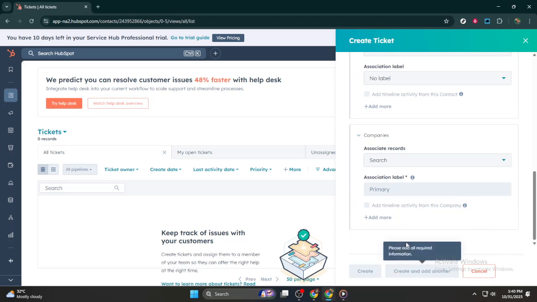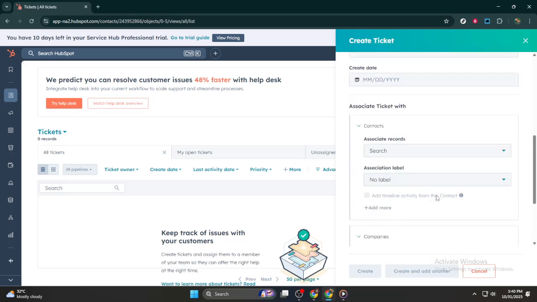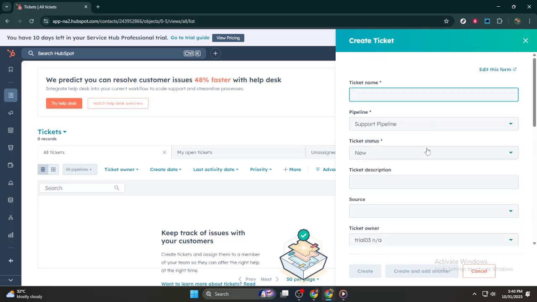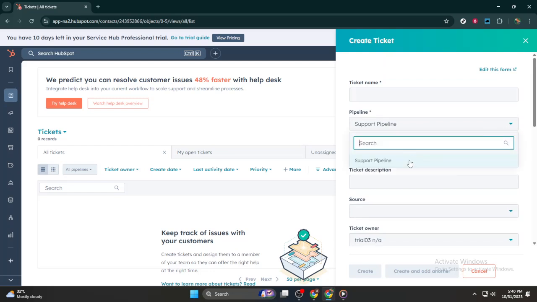Now it's time to click on the source. Identifying how the ticket originated, whether it's from email, chat, or web form, can provide insights into communication channels and customer behavior. Following this, assign a ticket owner. This step is essential as it designates a specific person or team to take responsibility for the ticket and ensure